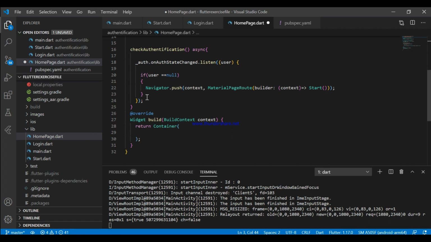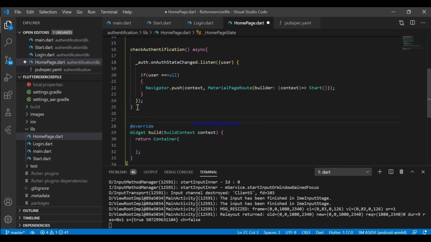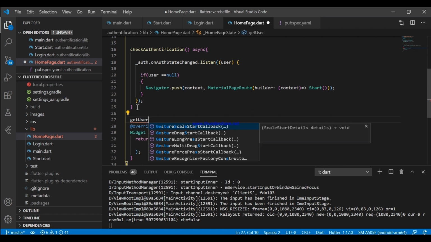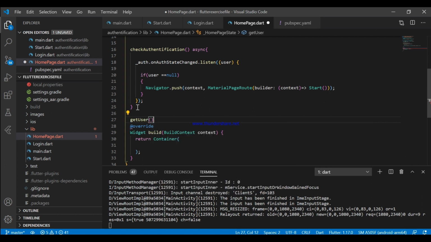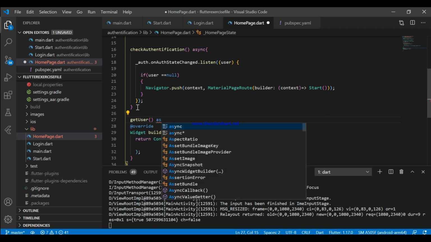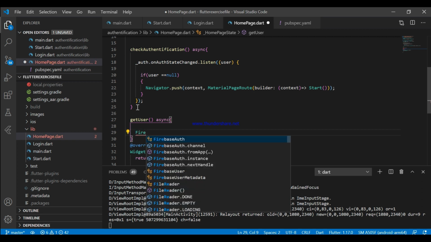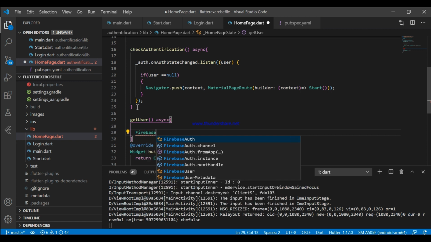For this, we need to create a method get user. Surely you can change this name as well. So I'm just grabbing the user from Firebase as the user has entered the email and password.